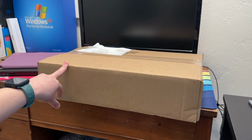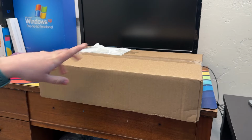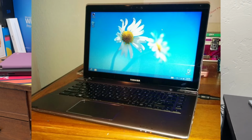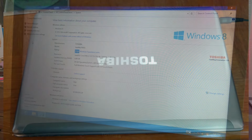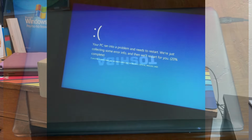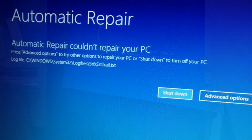What do I have here? My very old laptop. Well, not very old, but I don't know if you guys remember, I had a Toshiba Windows 8 laptop back in beginning of 2013. I sold it in earlier 2015, maybe mid 2015. I think it was early 2015 though that I sold it, like before the summer, because it crashed on me and I got really mad and I'm like, I don't like this computer anymore, and I sold it,